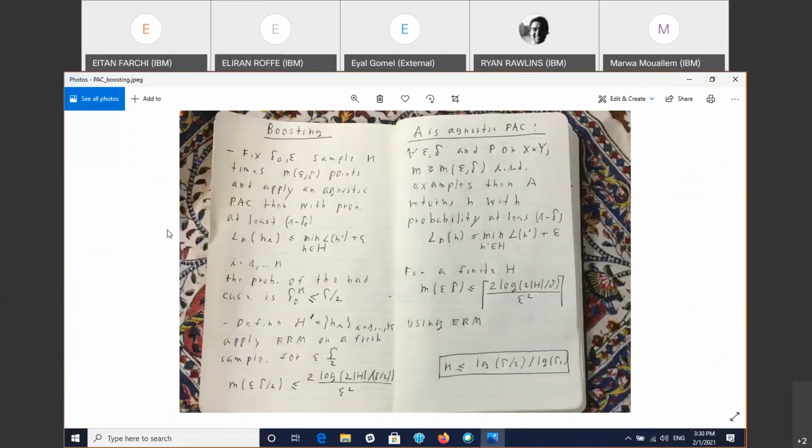We were in the middle of trying to discuss boosting in the context of, I mean, I'm certain all of you are familiar with boosting, but I'm trying to talk about it in a context that you're less familiar with, which is PAC learning, or the formal theory of learning, because I thought it would be useful. And so last time we were kind of setting up the ground for the discussion of boosting.